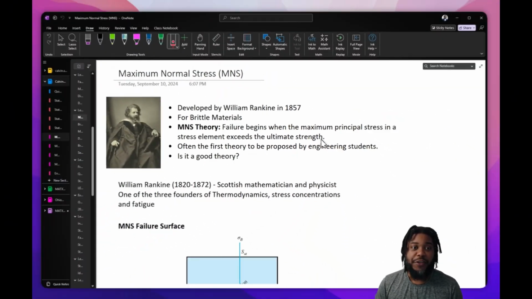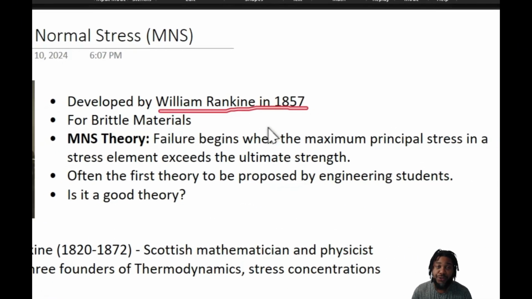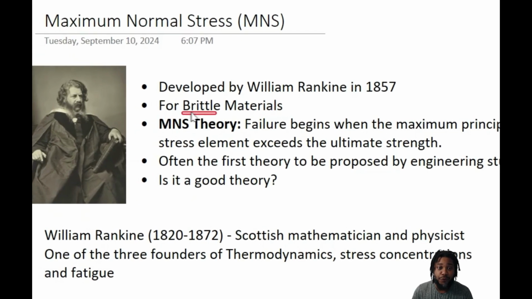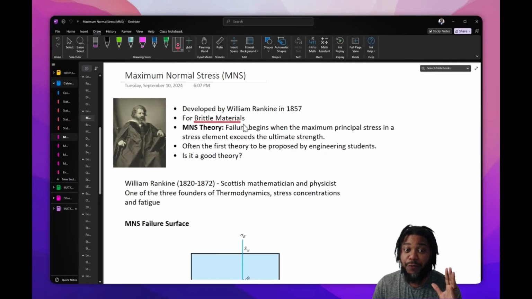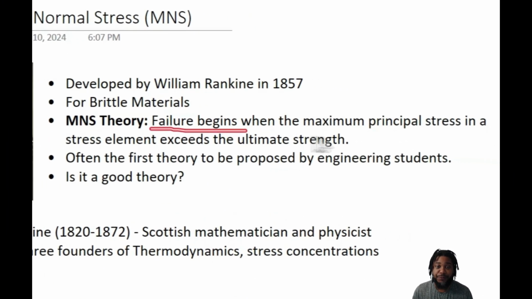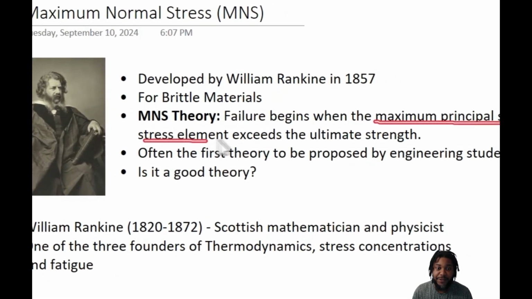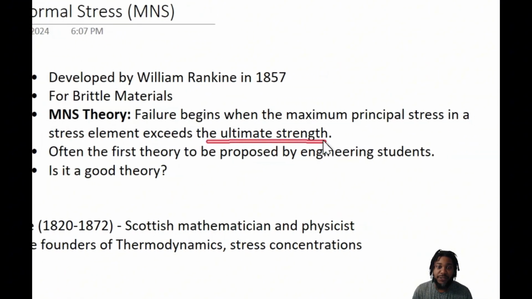Today we're going to learn the maximum normal stress theory. Now this theory was developed by William Rankine in the 1800s. It is a theory for brittle materials, and it was one of the first theories that were proposed. The theory is defined as failure beginning when the maximum principal stress in a stress element exceeds the ultimate tensile